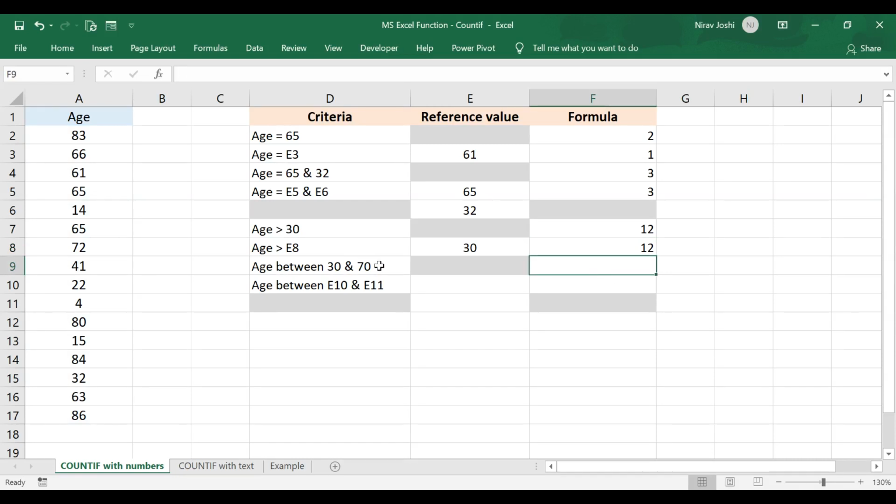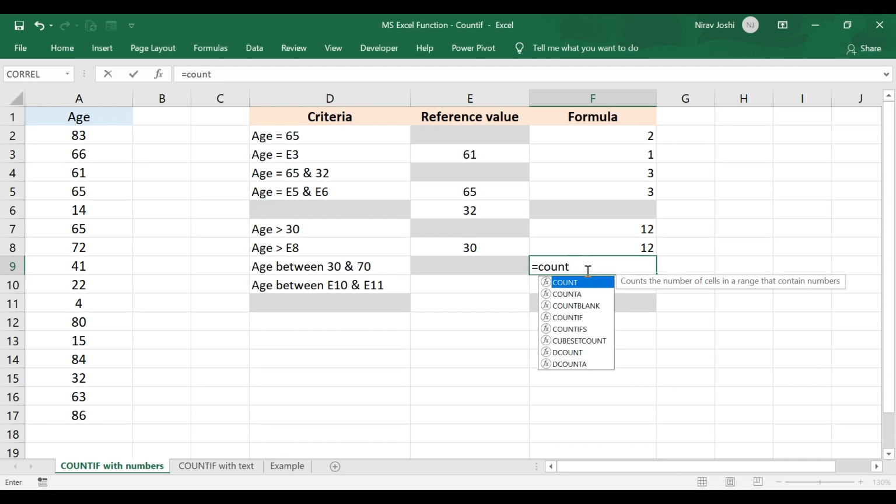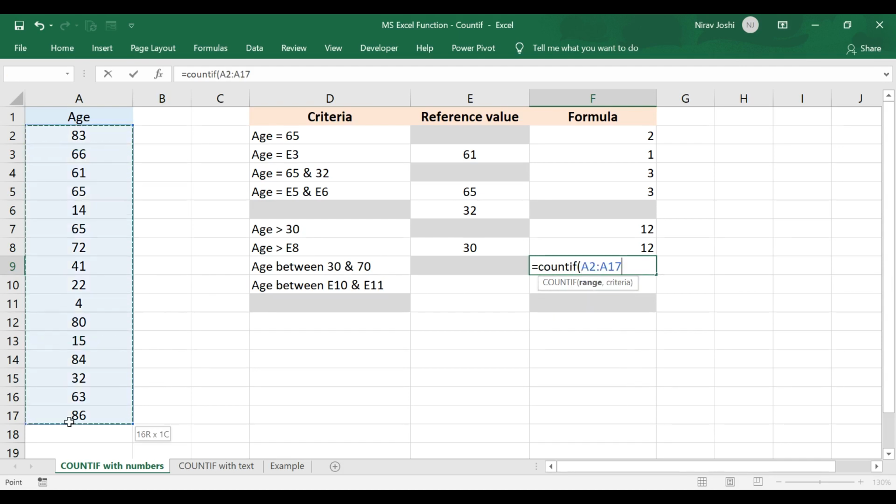Now suppose we want to calculate the number of cells which have an age range between 30 and 70 years. For that, we need to first calculate the number of cells which have age more than 30. For that, we will be using the formula like this. Complete the parenthesis. So it gives the total number of cells which have age more than 30. Now what we need to do is subtract the number of cells which have age more than 70 years.